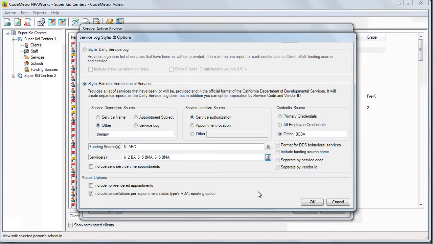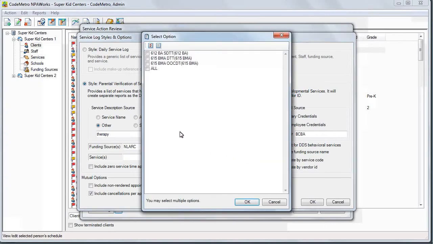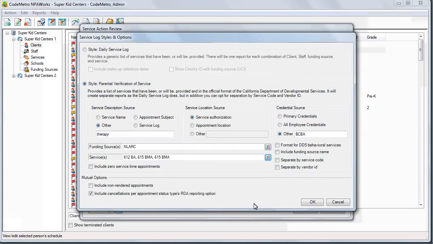To select the services, click on the right of the service field and select the services that you want to include in the PVR report. You can select one or multiple services. Under Services, you have the option to include 0 service time appointments. To include them, check the box, which will result in any and all service appointments with 0 service time being